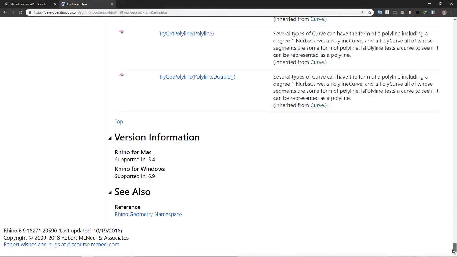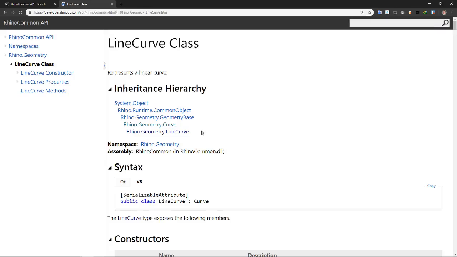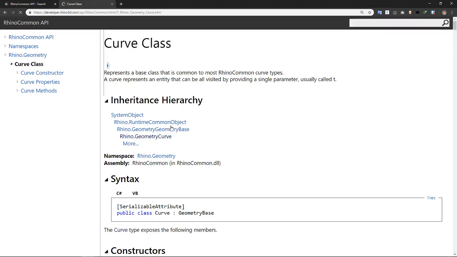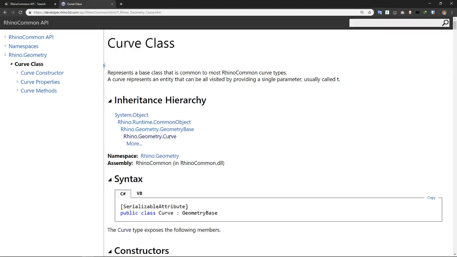So it should specify here. Line curve is a subtype of curve, and the curve itself is a subtype of geometry base. You see how it's written, but forget about geometry base. We just start from here. All right. Now, in reverse, if you look at the class curve and you want to ask which types are my children, which types are derived from me,